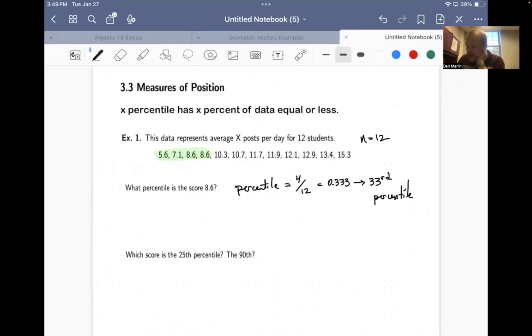So with the 25th percentile, we'll have to think about 0.25, and we're going to multiply that by our 12 in order to figure out our position. And then doing that, we end up with 3 out of that. And then for the third position, we look back in here and we say, oh, that's the 8.6. So 8.6 occupies the 25th percentile, which is not what we expect to have because that was also the 33rd